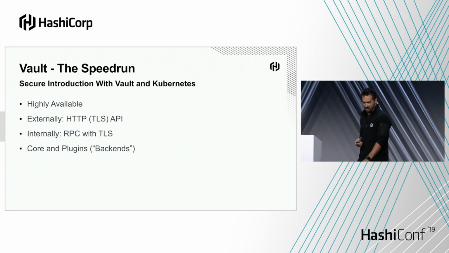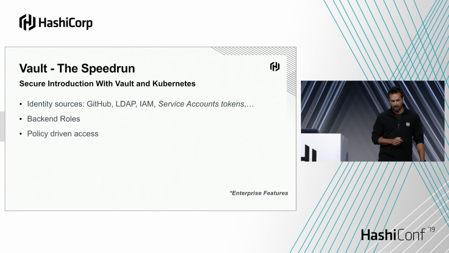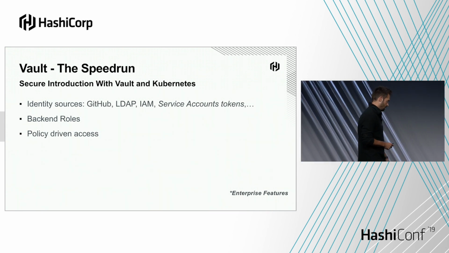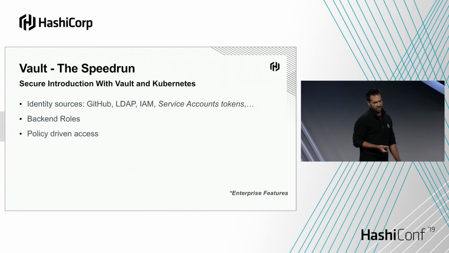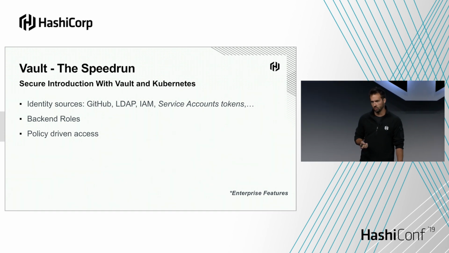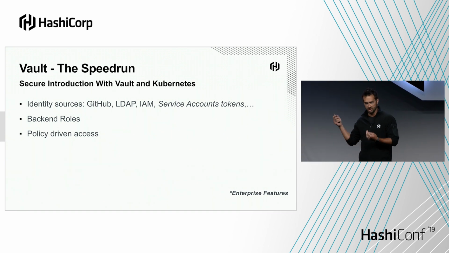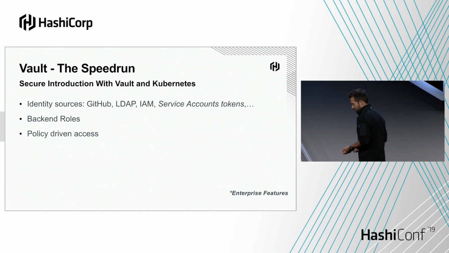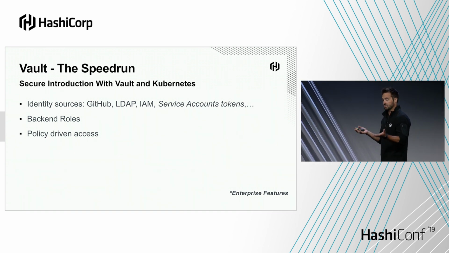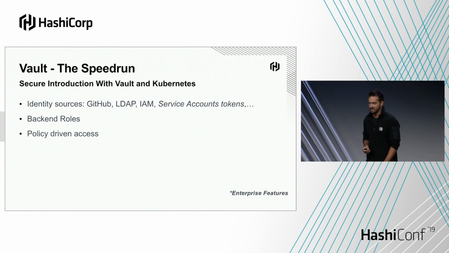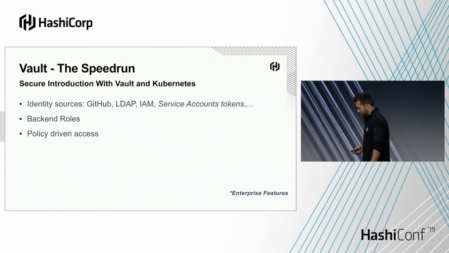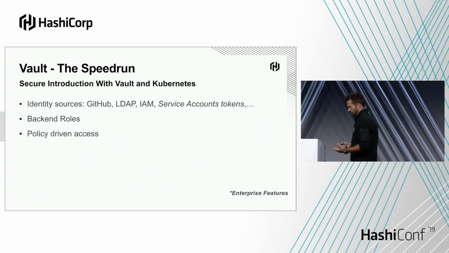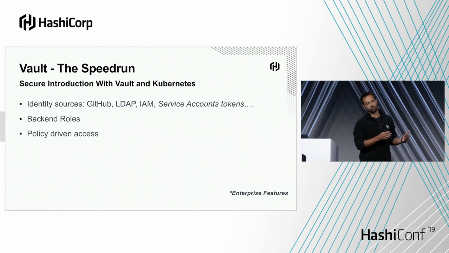Anyway, identity can be humans or machines, right? So you can use Vault with GitHub, and you can authenticate with Vault using your GitHub credentials or logging into GitHub or LDAP. For machines, you could use IAM profiles or, in italics, service account tokens, because that's what we're doing today. When you authenticate, you log into Vault and you log in for a specific role, and these roles